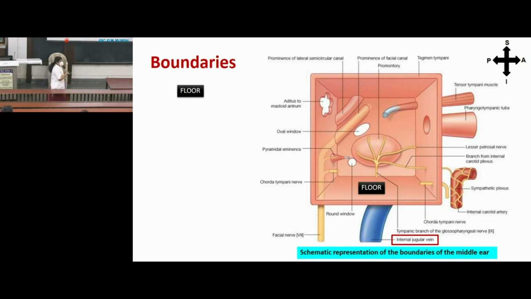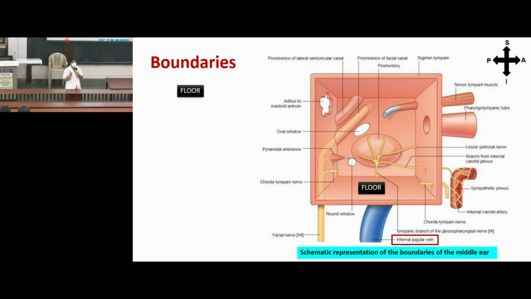Okay, so the sigmoid sinuses on either side pass through the jugular foramen and continue below as the internal jugular veins, correct? Which sinus continues? The sigmoid sinus, yes. And if you remember, this internal jugular vein, near its origin or formation, presents one dilatation. This dilatation is called the superior bulb of the internal jugular vein, and the bone presents one slight depression to accommodate this superior bulb. So you can imagine there is the superior bulb of the internal jugular vein, and what lies above it is the middle ear cavity. So it is present along the floor of the middle ear cavity.